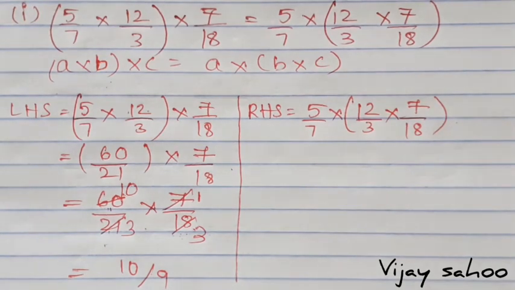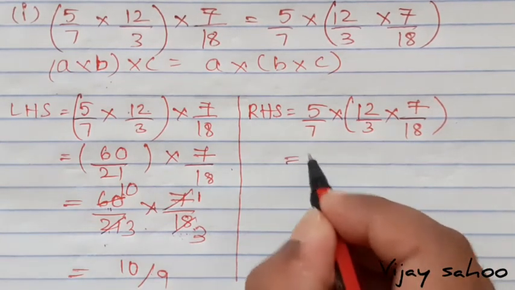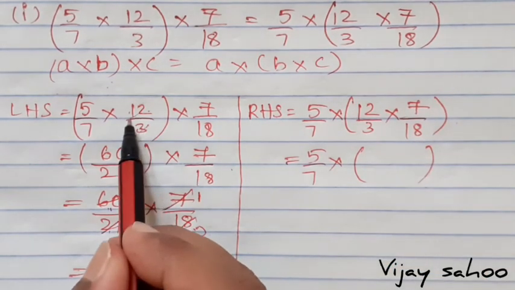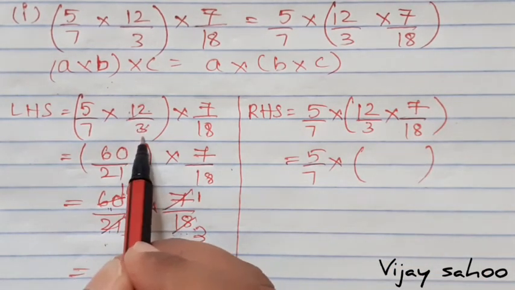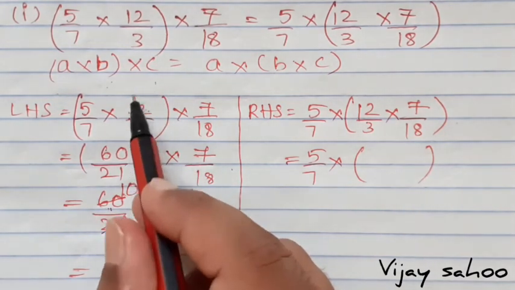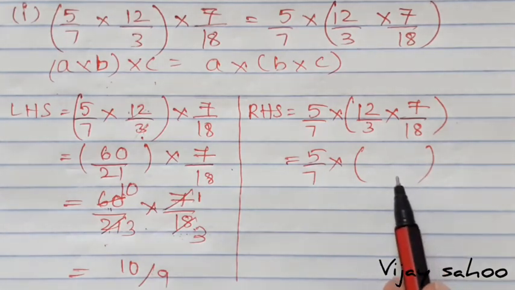Now again, here you can see that 5 by 7 will solve the bracket, but here cancellation was possible. I have not done it here, because I haven't seen that. If cancellation is possible, you can do that, no problem. I am doing it over here. We can look at here.